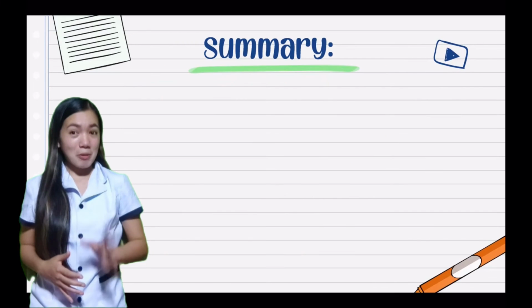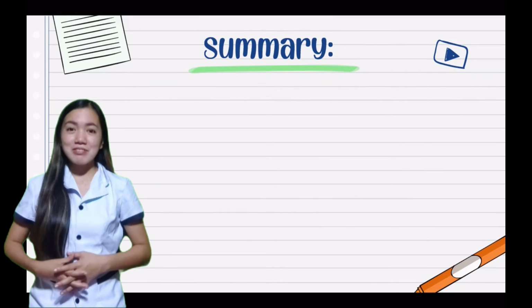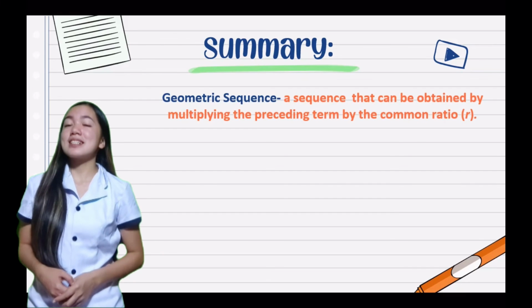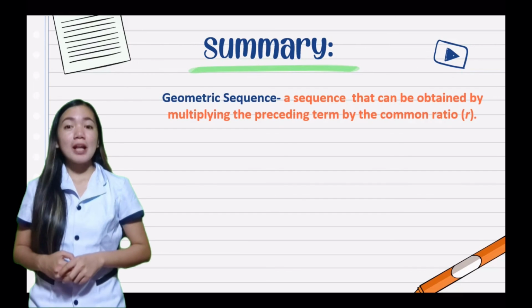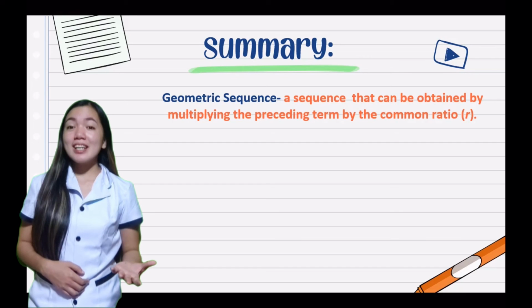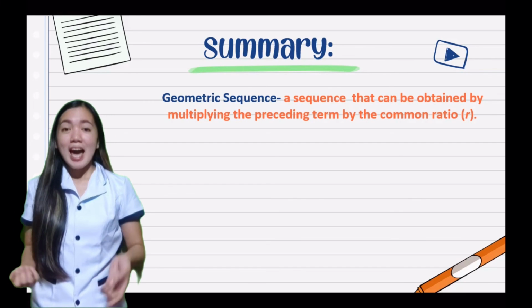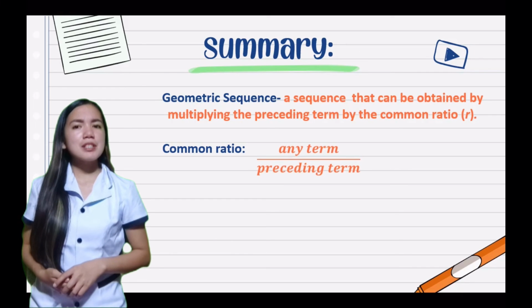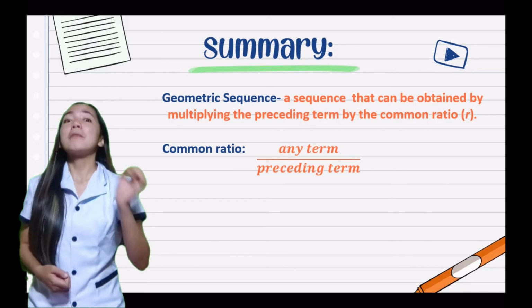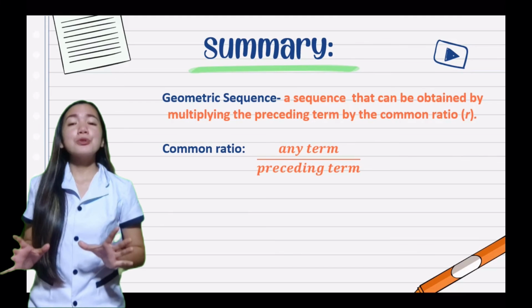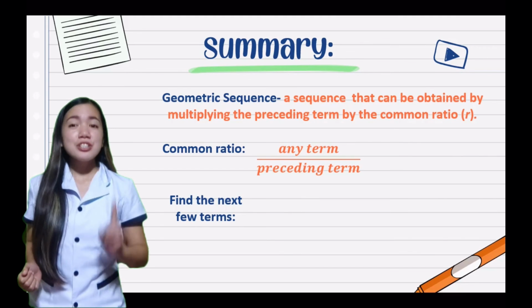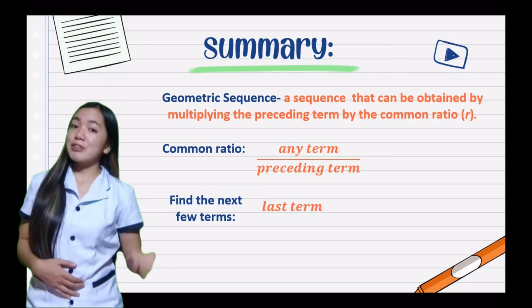Now let's have a quick summary of all the things we have discussed. Again, geometric sequence is a sequence that can be obtained by multiplying the preceding term by its common ratio. And to get the common ratio, you just have to divide any term of the sequence by the term that precedes it. And for you to find the next few terms of a given geometric sequence, you just have to multiply the last given term